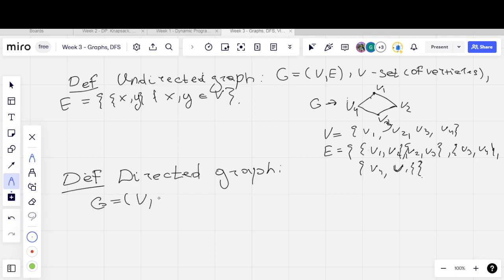G equals (V, E), where V is a set of vertices and E is a set of pairs. Usually a directed graph or oriented graph